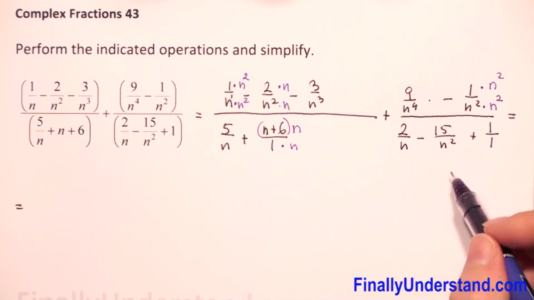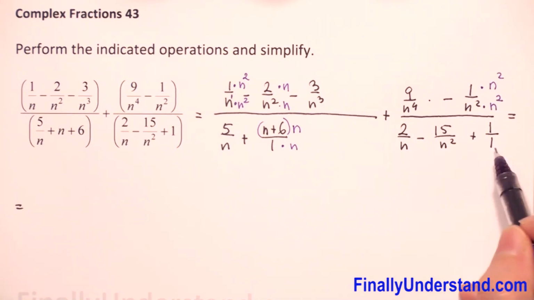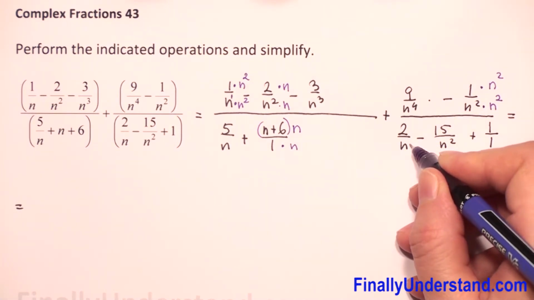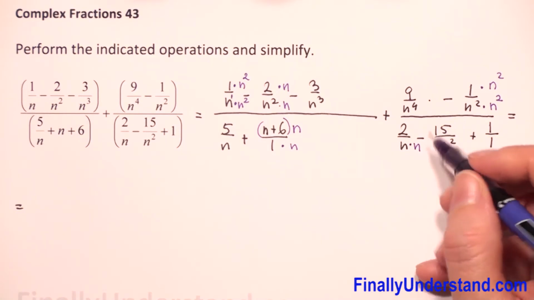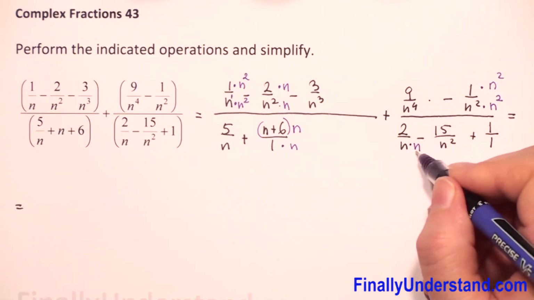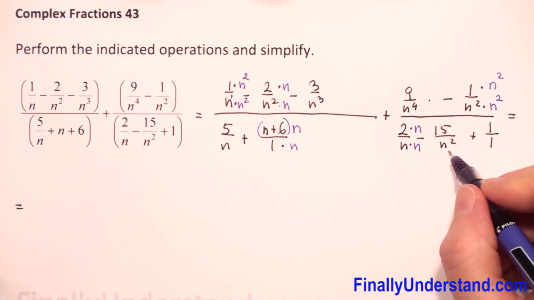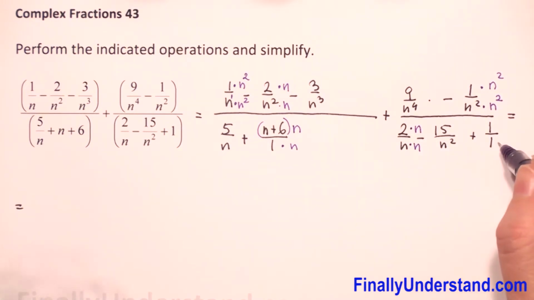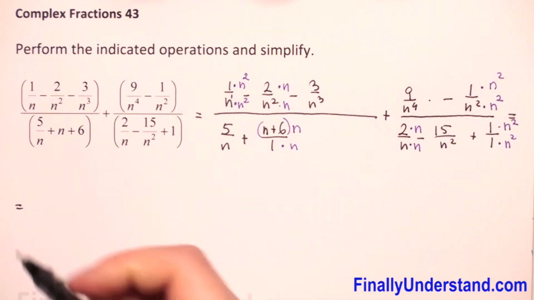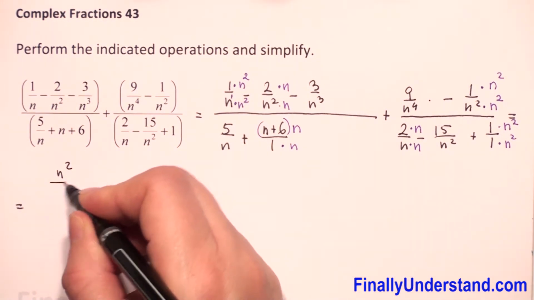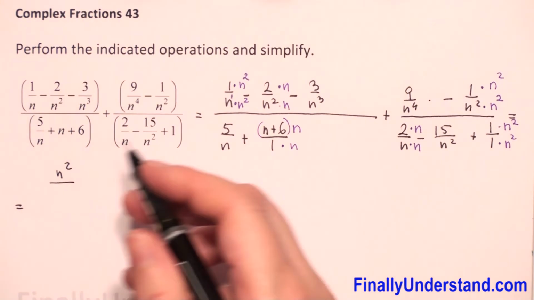And the last expression, we have n square and 1, so the denominator will be n square. So I need to multiply n times n to get n square. So whatever I did with the denominator, I have to do the same with the numerator. Next we have n square, so everything is okay, and 1 I multiply times n square, and the numerator times n square. So now we will have 1 times n square is n square,